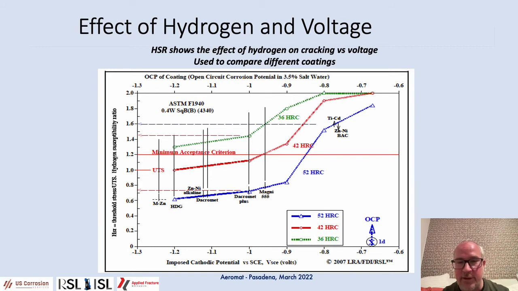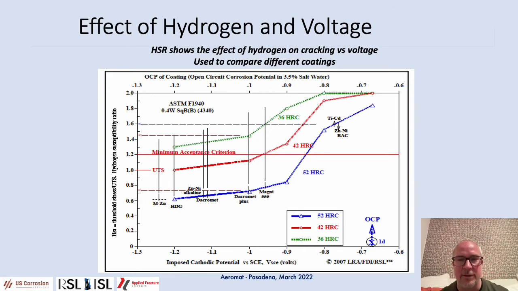And ultimately what this means is that we can use the voltage to simulate the effect of hydrogen, and the hydrogen can come not just from cathodic potential, but also from corrosion and other mechanisms. So when the corrosion is occurring, it can induce a large amount of hydrogen into the material, and this gives us a way to quantitatively assess how much effect there could be from corrosion, external hydrogen, or from internal hydrogen